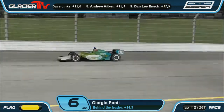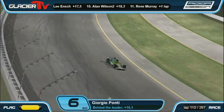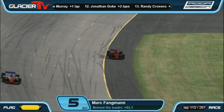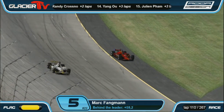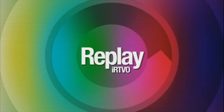Caution is out. Sorry, caution is out. And that is Mark Fangman. Mark Fangman spinning it into the wall, all by himself once again on the second lane of turn 4. It looks like he got some rear wing damage, some suspension damage there. Unfortunately for my conspiracy theory, that's going to bust the field up, because now...